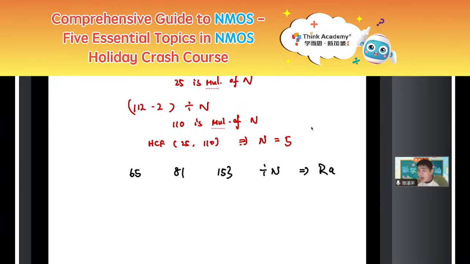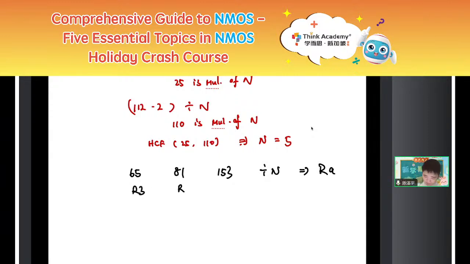So because they have the same remainder, you can think about this. Since they have the same thing, if we want to take away the same thing, what should we do? We can do subtraction, right? Subtraction is basically taking away the same amount. So actually, since we know that they all have remainder 3,